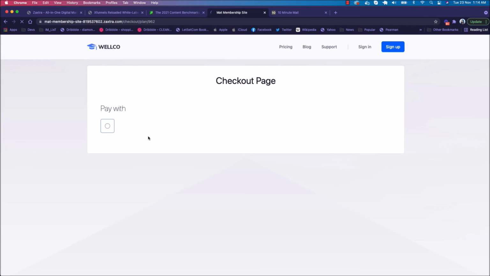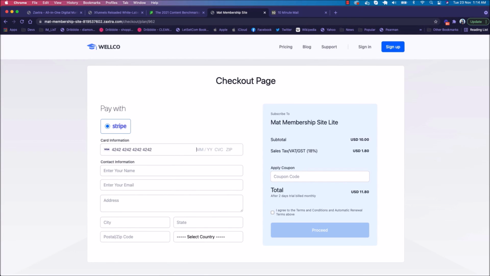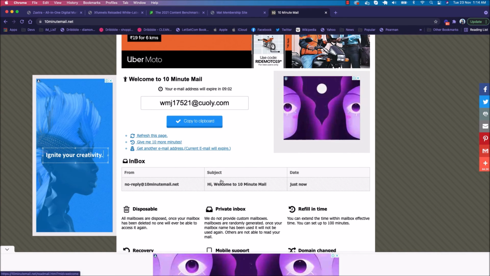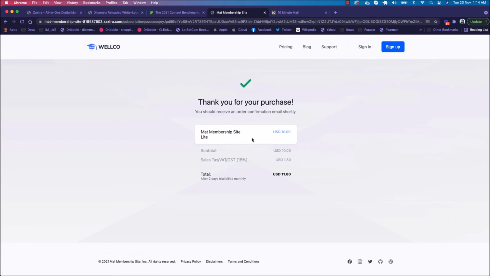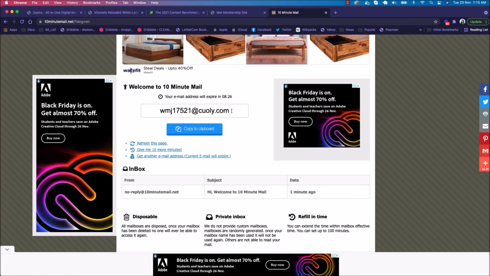Every plan can have different features and functionalities, and you can create these plans for your own users. So let's say I'm going to use this email address and I'm going to use this process. Once it is done, we should receive one email on our 10-minute email account here. Okay, when it is done, we should receive an email here. We will receive the email anytime.